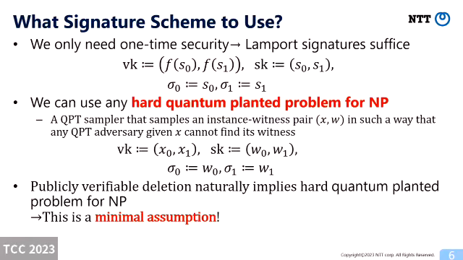Okay, thanks. I have a question. You said that this is a minimal assumption. So I can think of the certificate that you send back as the witness. But what would be the instance here? The instance is, okay, I haven't defined the syntax of the publicly verifiable deletion, but there is a verification key, and the verification key is the instance. I see.